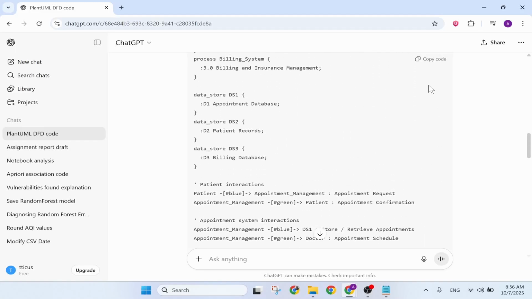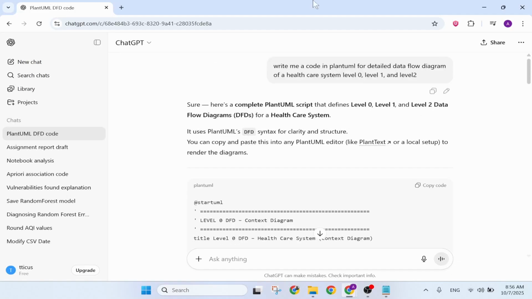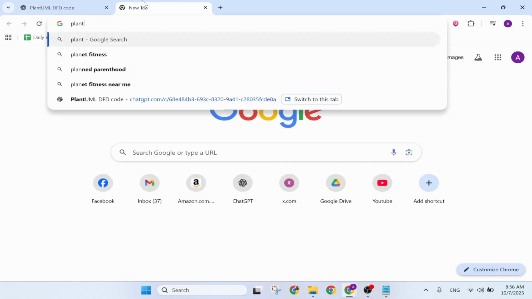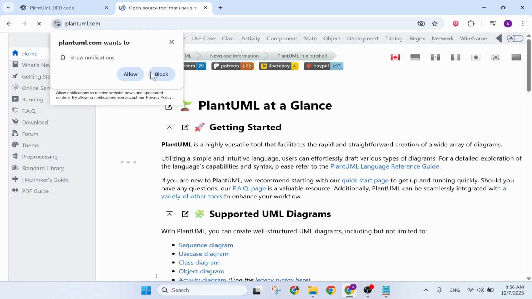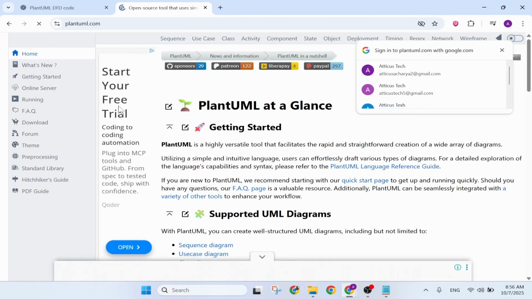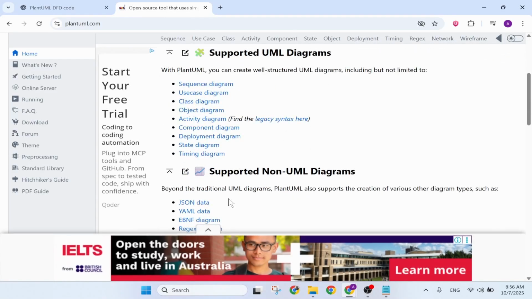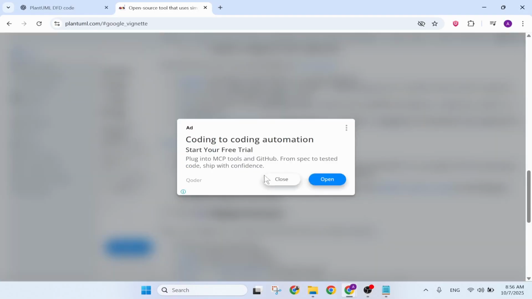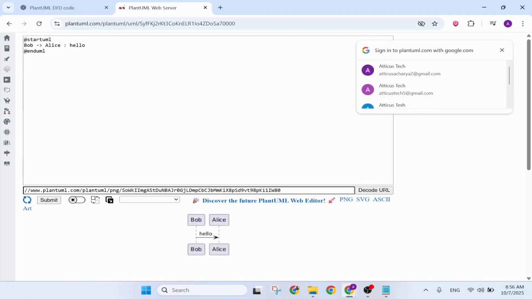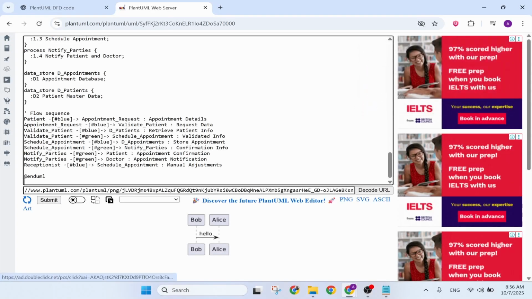Now, as you can see, it has completed writing the code. You can copy the code by pressing on copy code option here. Then go to the new tab and search for PlantUML and head over to this website. You can directly go to plantuml.com as well. After you do that, what you'll need to do is feed the code in here. So there you can see a lot of different options that you can do with PlantUML. What we need to do is go to online server, just close that, and simply paste the code right here. After you do that, tap on submit,